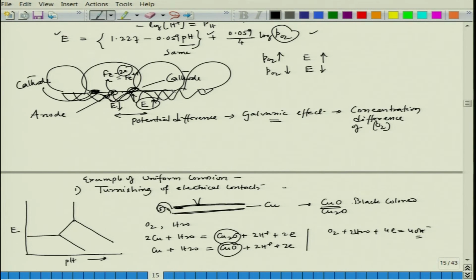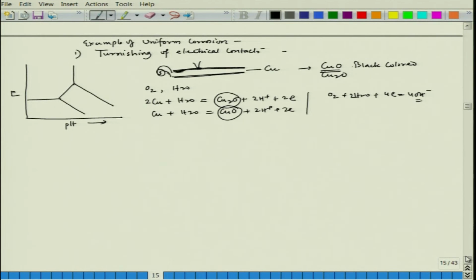Now, here one important thing I have to tell you is that wherever the copper is exposed to the environment, the corrosion will not be significant there, but wherever the copper is covered up, there the corrosion would be more prevalent. Okay. So, this happens because of the galvanic effect. We will talk about it when we talk about galvanic corrosion. Okay. So, now coming to other forms of corrosion, other examples.